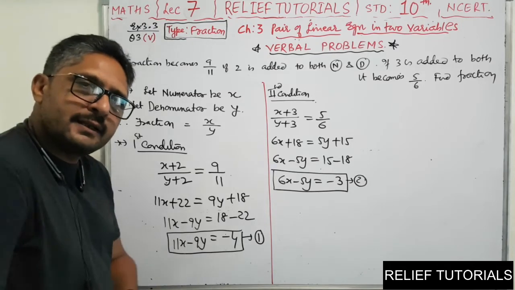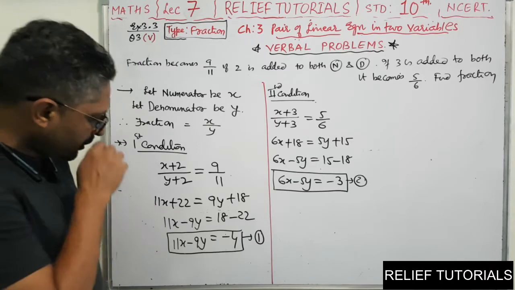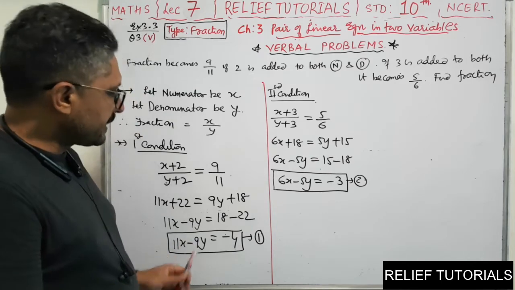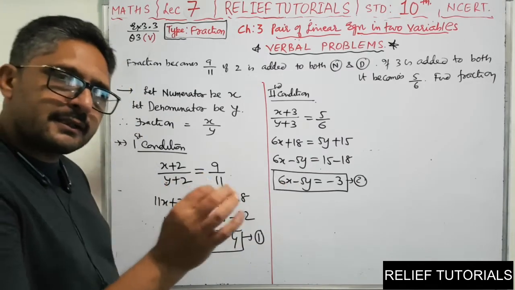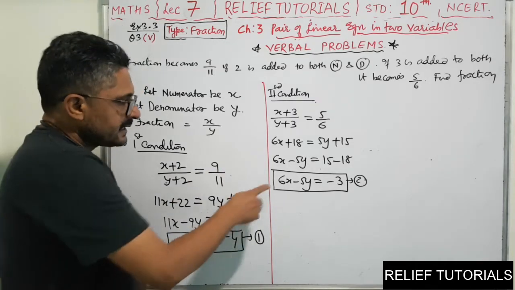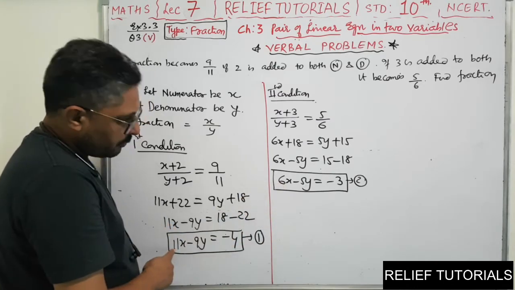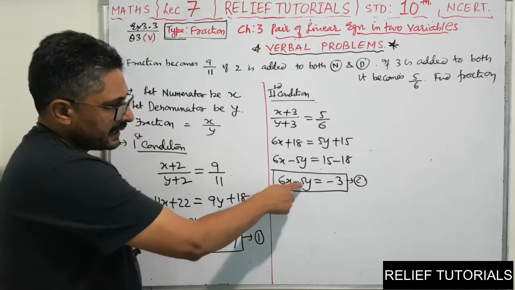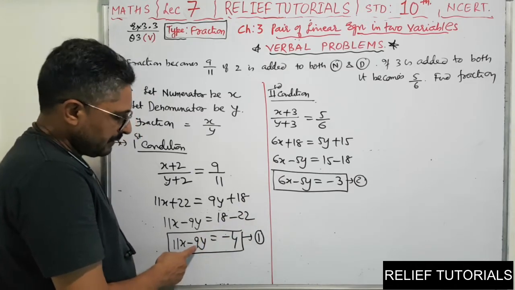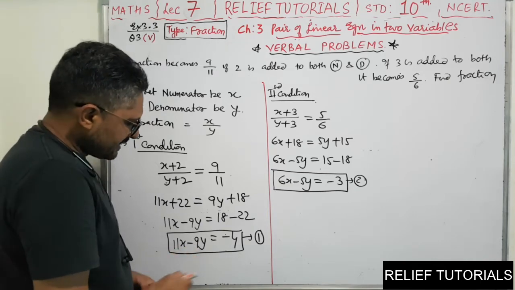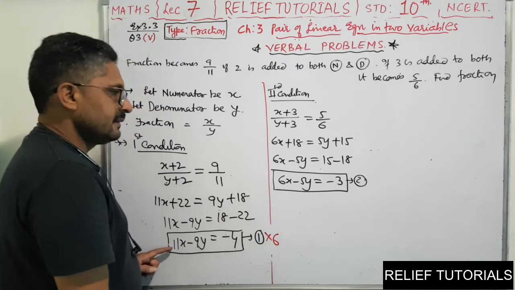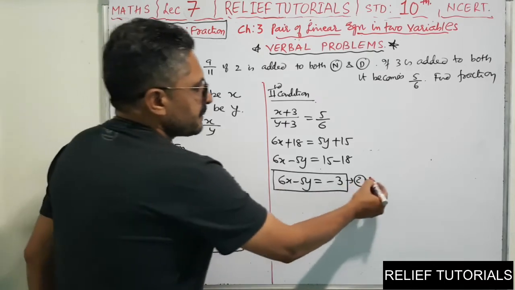See, I told you, you will prefer the elimination method. So now what we will do, see here. Here 11x minus 9y, here 6x minus 5y. You want to make the coefficient of any one variable same. So what you will do? Come on, tell me. Is there any number with which I multiply 6 I get 11? No. Here also same thing, 5 and 9. So you can do one thing. You either multiply this equation if you want to make the coefficient of variable y same, or x. Now 11, so I have to multiply with 6. This I multiply with 6. So 11 times 6 is 66, and the 6 I multiply with 11.